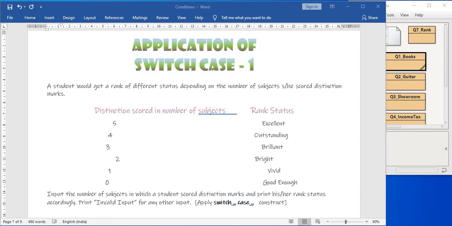Application of switch case as condition. Right. Now, switch case has got quite a few things to think on when we have to plan it. So, let us begin. The question goes, a student would get a rank of different status depending on the number